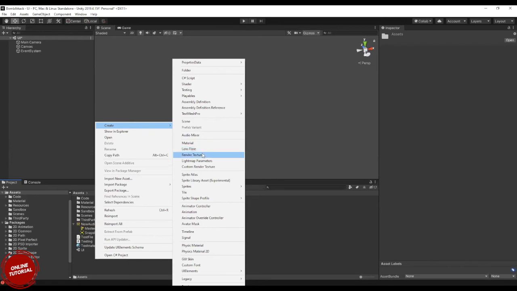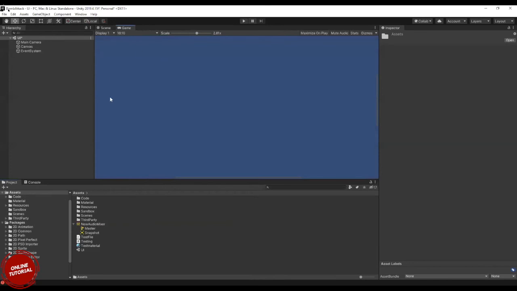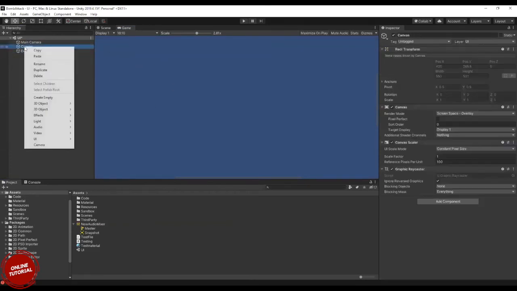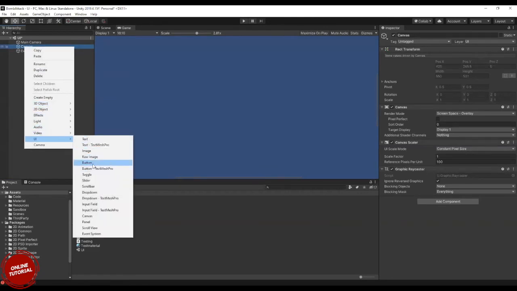Render texture is something where whatever you're seeing through a camera, if you want to put it in a texture and capture it, you can use a render texture. Now currently you are using whatever you are seeing within this camera. Let me add a button to it, UI, and I will have a button.